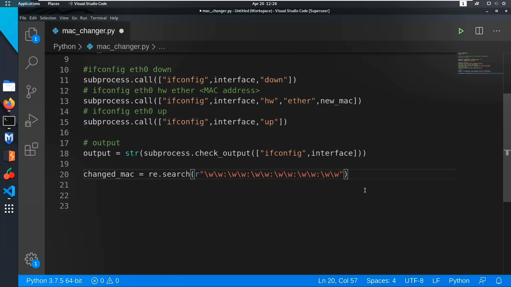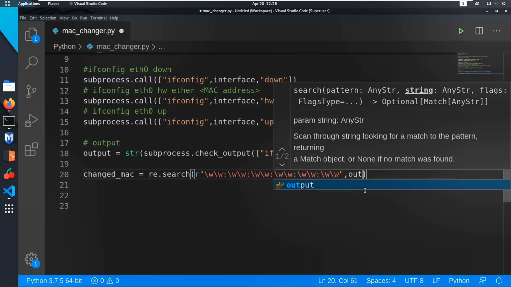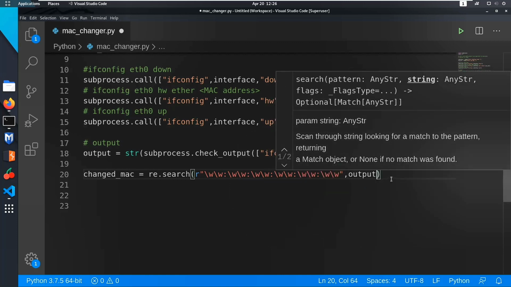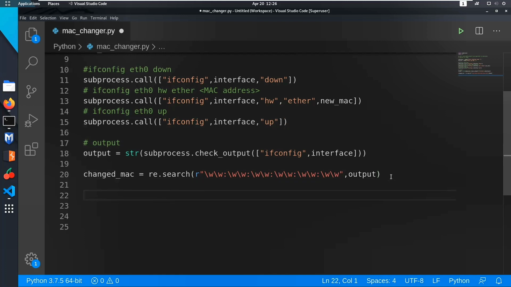And we need to pass a parameter, output, since we are checking this in the output, right? Now let's check. So for checking, we'll use a simple if else condition, or just if would also be fine.